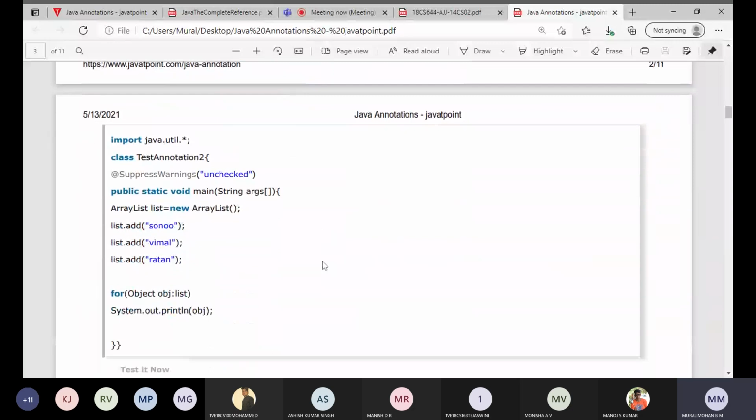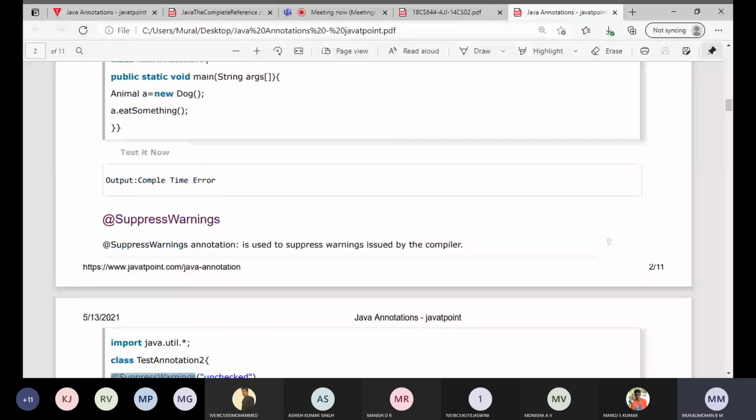For example, here it will issue warnings, as we are using a generic collection here. Since we are giving SuppressWarnings, this will suppress all the warnings issued by the compiler. For that purpose we are using this annotation.